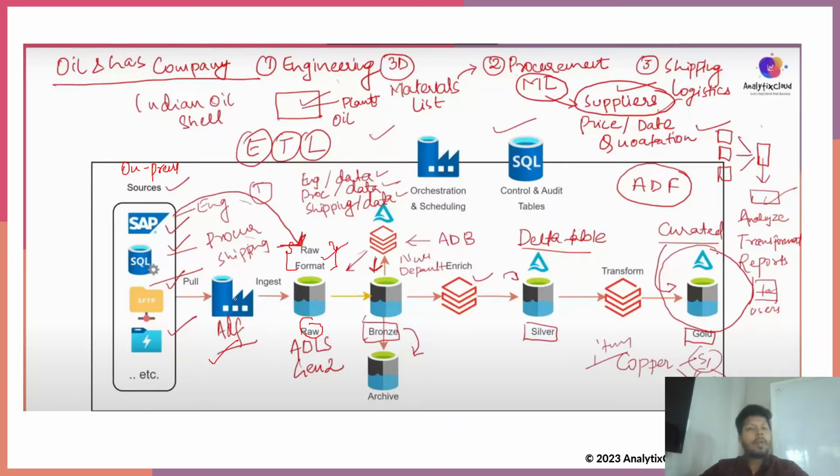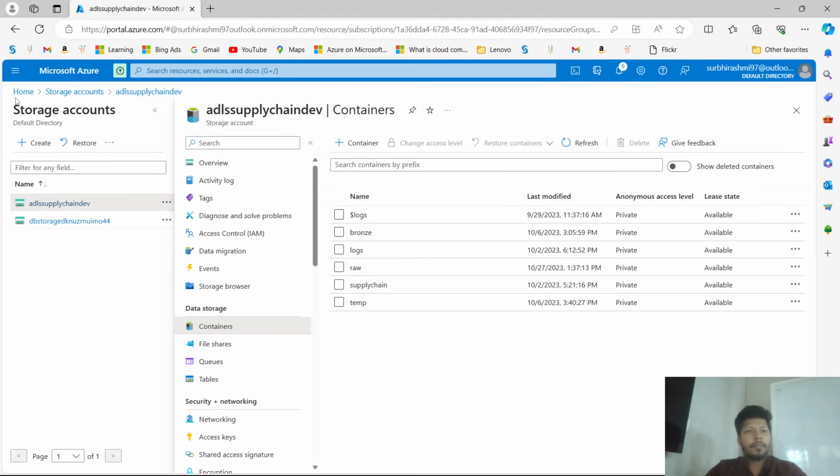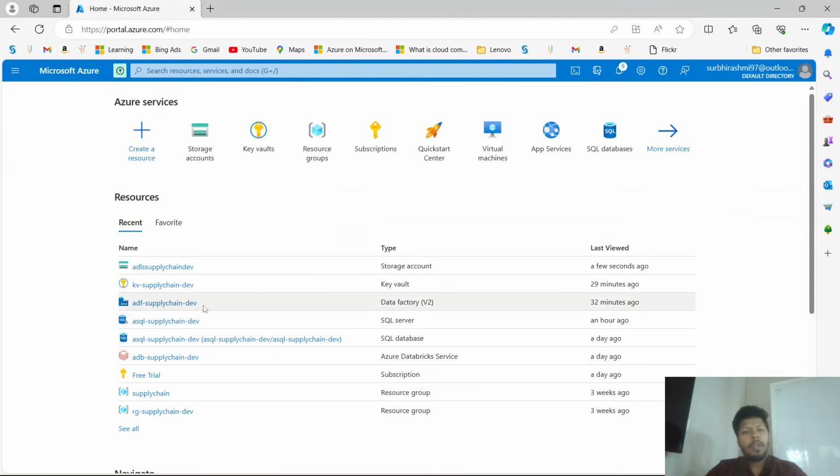The next part that we have to focus on is Azure Data Factory, which is the master tool that will be extracting the data from these sources and loading the data into this raw layer. So now let us just go to this Azure Data Factory first. Okay, so